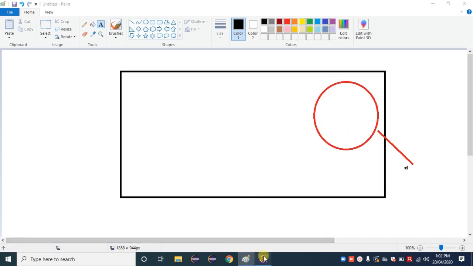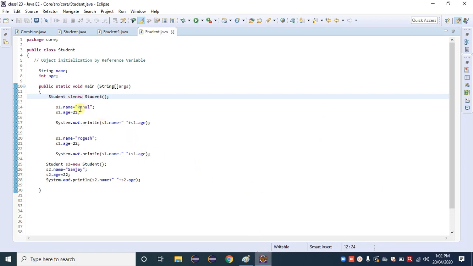Then we provide values: s1.name is equal to Rahul and s1.age is equal to 21. It means that Rahul and 21 get stored inside that object.